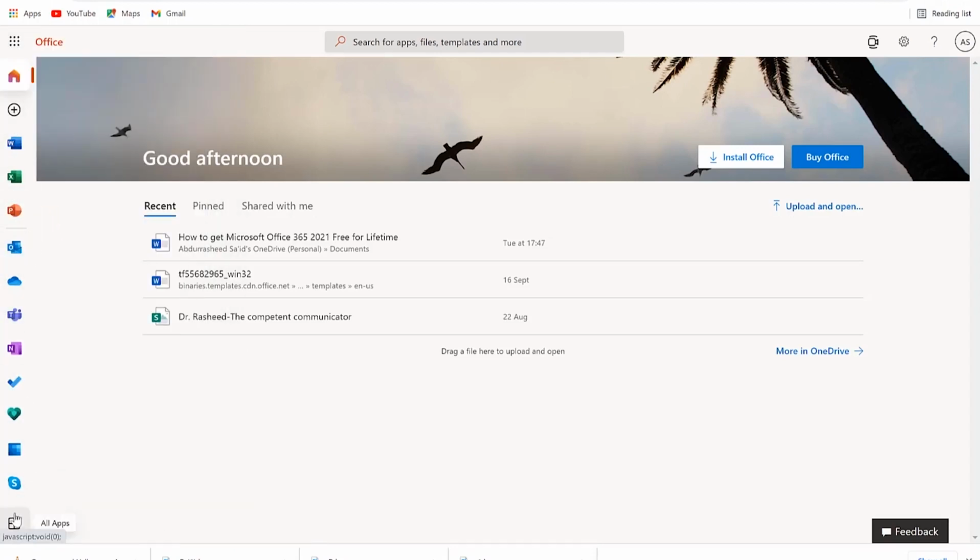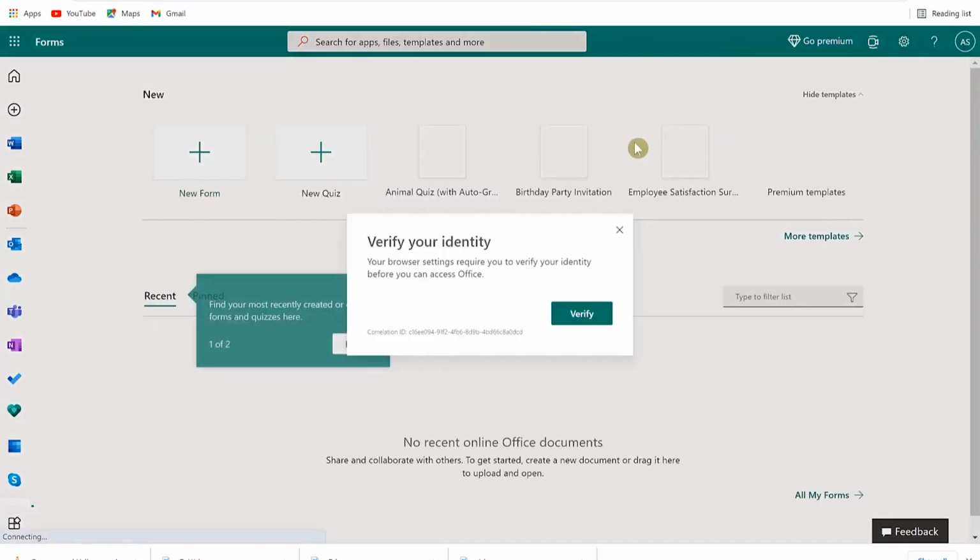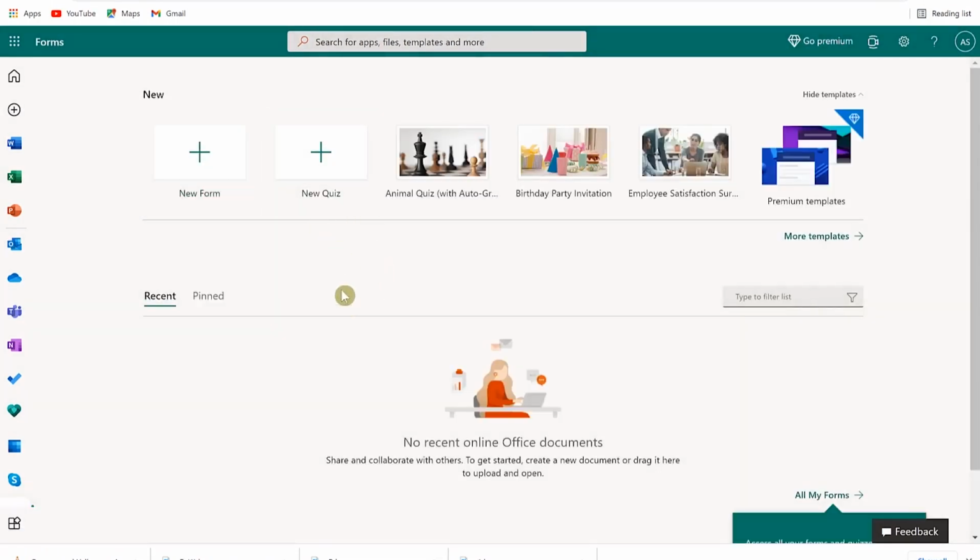You can see it at all apps also. So once you click on all apps, it's going to open all apps, and you can see it over here, forms. So whichever way you follow, the most important thing is to click on the form. Okay, so once you click on the form, this is where you will be brought into a fresh page,